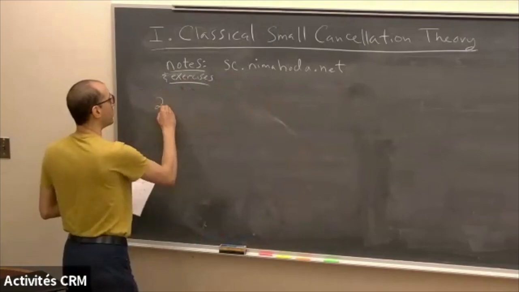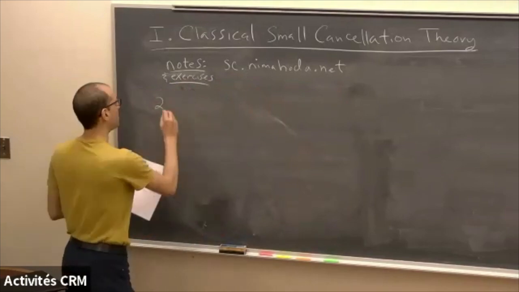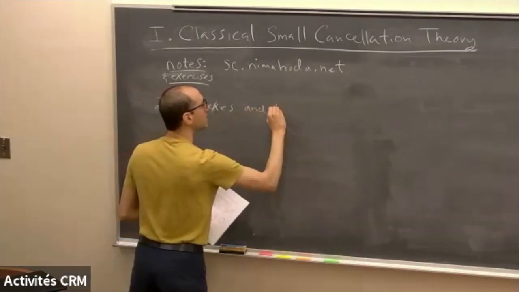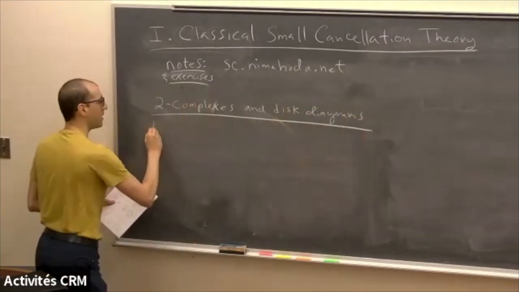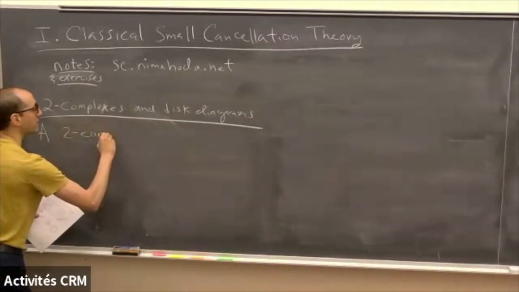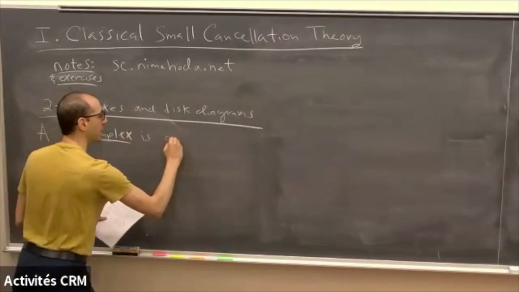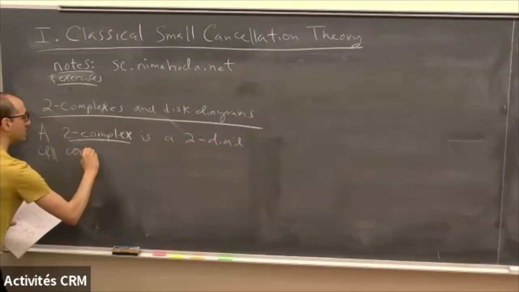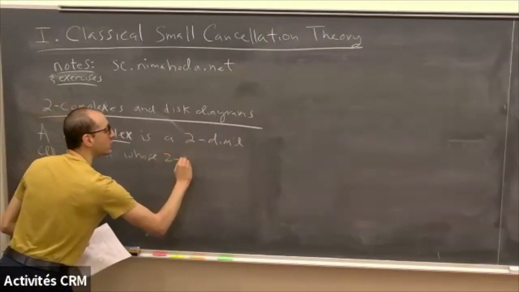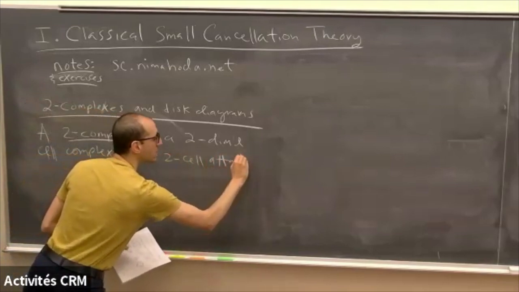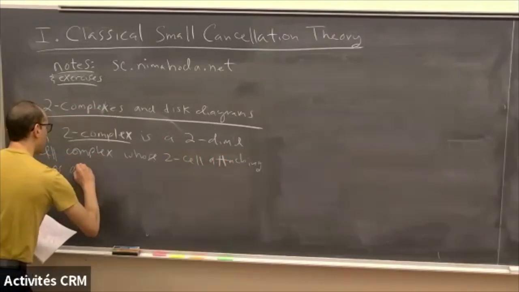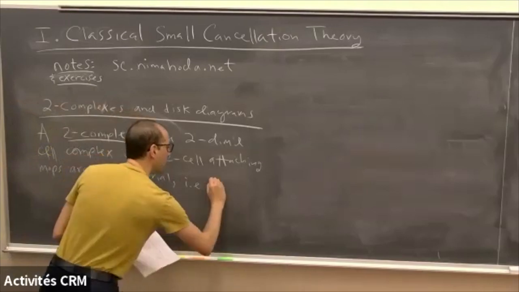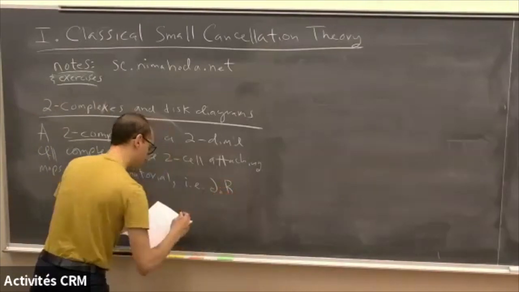Okay, so I don't want to assume any kind of knowledge, so I'm going to start by talking about two complexes and disk diagrams. Okay, so a two complex is a two-dimensional cell complex whose two cell attaching maps are combinatorial. What I mean by that is that if you look at the